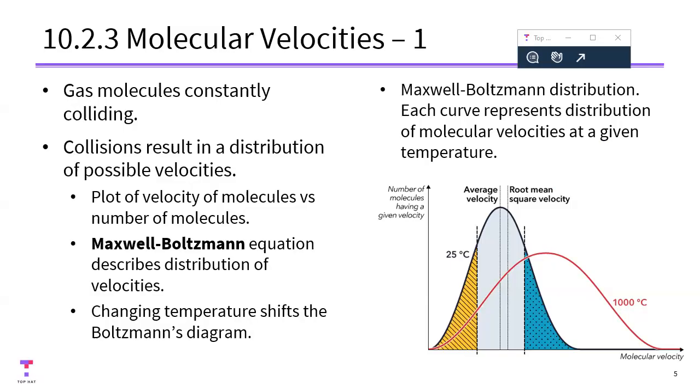One of the relationships that evolves out of this kind of distribution and interaction of these gas molecules is the concept of molecular velocity. Now, because we have these gas molecules, because they are in constant random motion, we're going to find that even though they are spaced far apart from each other in general, they do collide with each other and with other objects frequently.